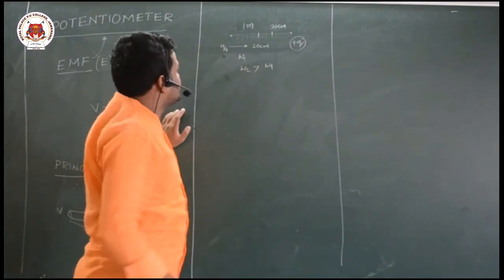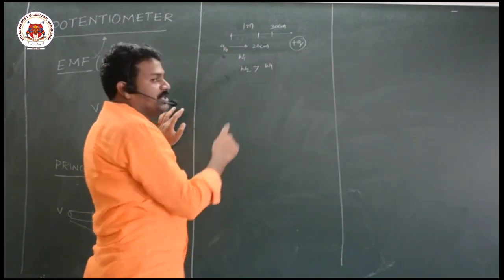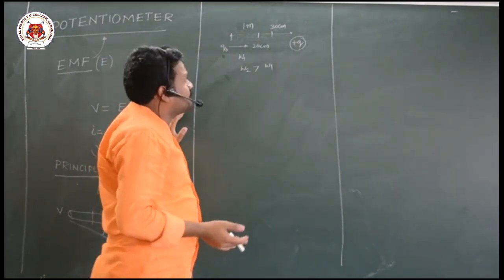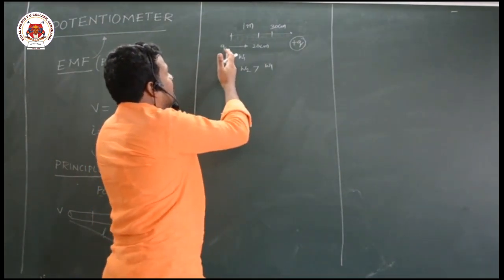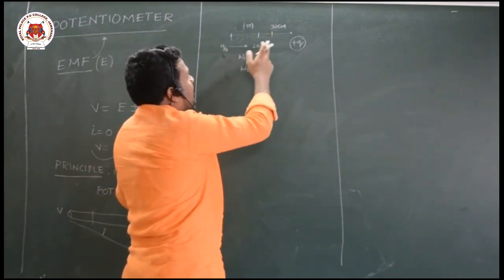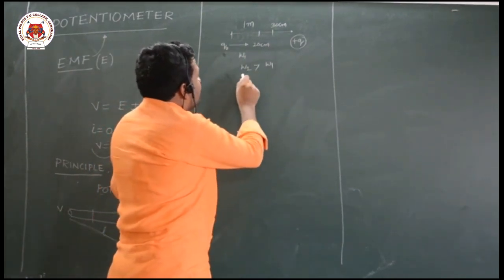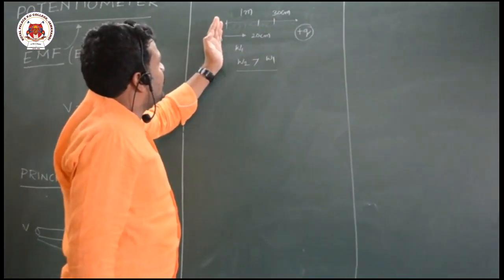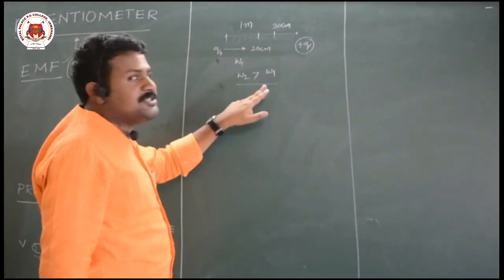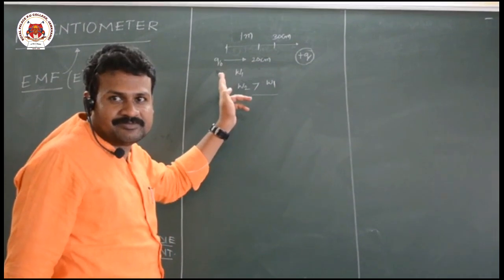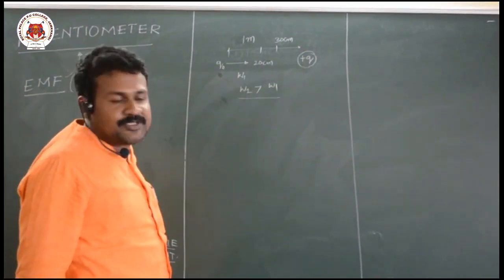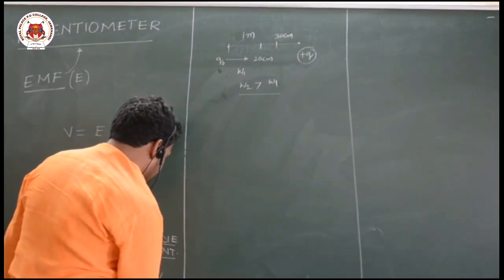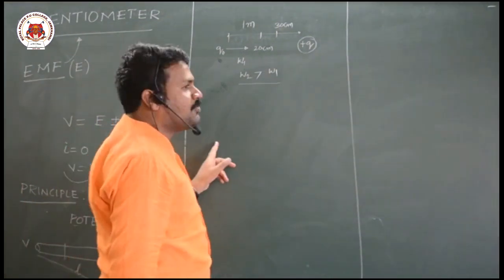Let us consider two situations. I was at a distance of 1 meter. First I penetrated 20 centimeters, and I have to do some work. Next time, again starting from the same point, I penetrate 30 centimeters, and I have to do more work. W2 is greater than W1. That means the work done is increasing as you go deeper. With length, work done is varying. Similarly, potential difference also varies. So the variation of potential difference with length is called potential gradient. This is the principle of potentiometer.